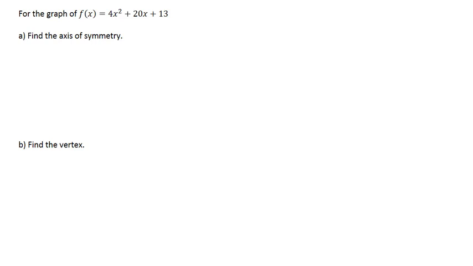For the graph of f of x equals 4x squared plus 20x plus 13, find the axis of symmetry and find the vertex. If we are given the function ax squared plus bx plus c, then the axis of symmetry